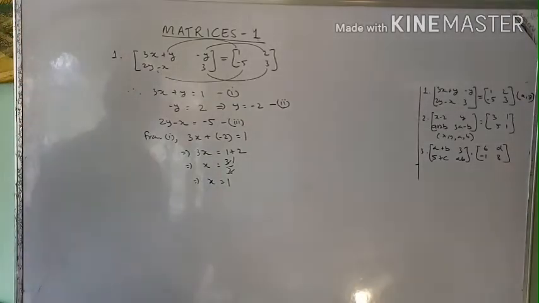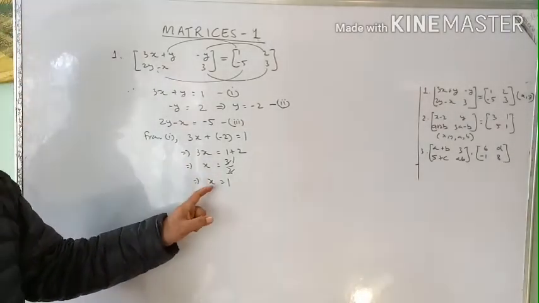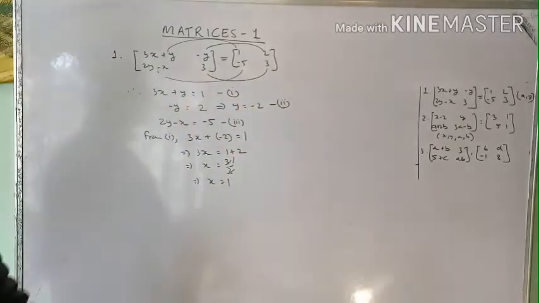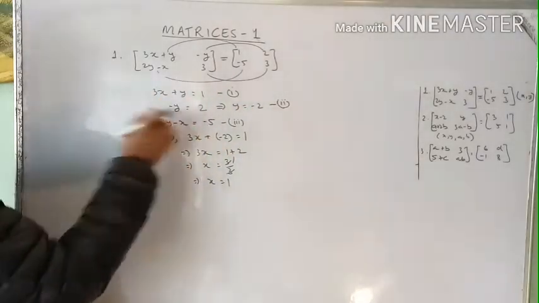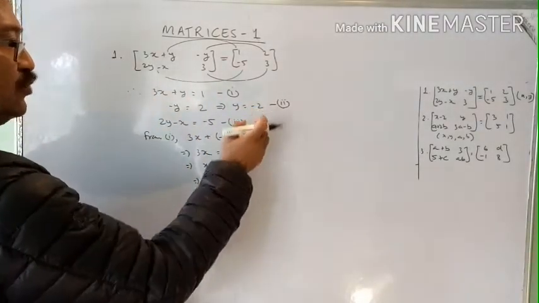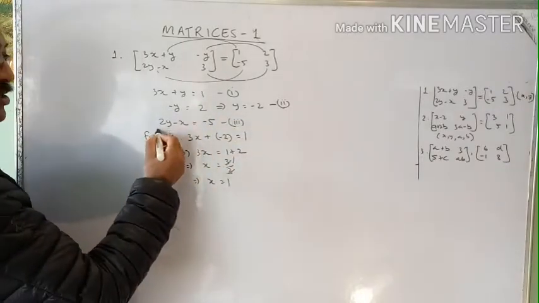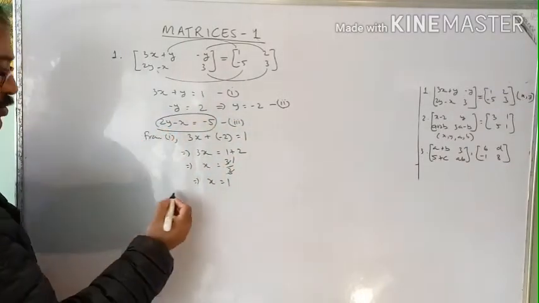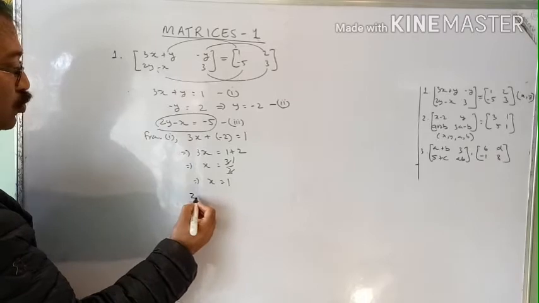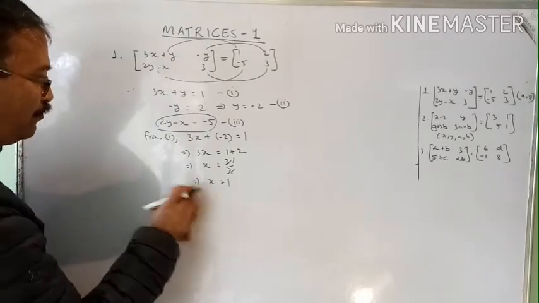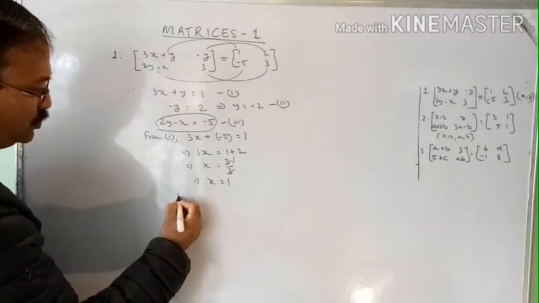So we found the values of x, which is 1, and y equal to minus 2. But we have one more equation. So if these are the values of x and y, they must satisfy this third equation. So let's check. So from 3,